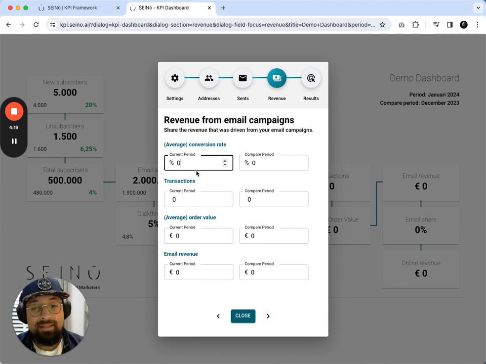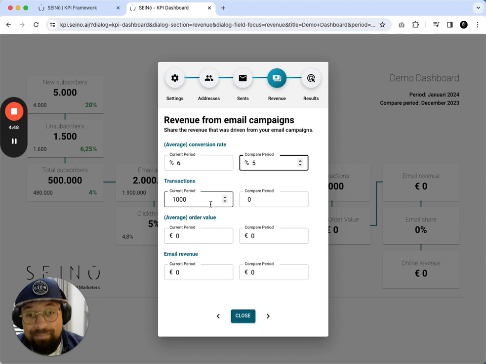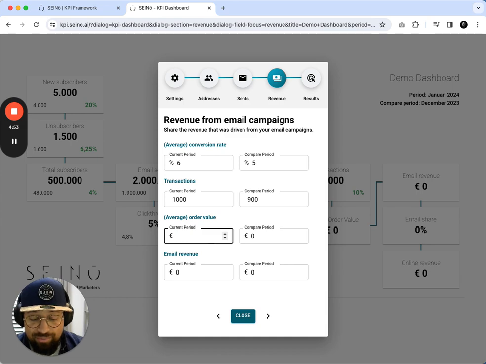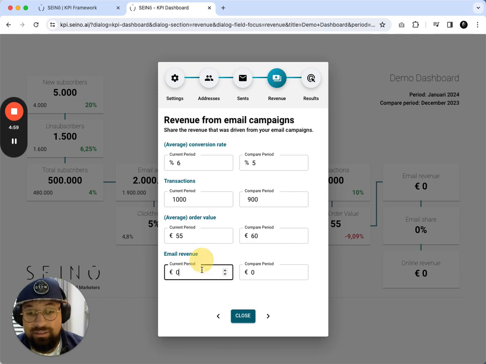And then the next step is about the revenue. So what was the conversion rate on the website? So how many people land on the website and actually bought something? That's what this conversion rate represents. So we could say the conversion rate was 3%, and previously 2%. The amount of transactions, 1,000 transactions. Let's make this a little bit higher, like this. And here we had 900, average order value 55 euros, and here it was 60 euros, in the email revenue